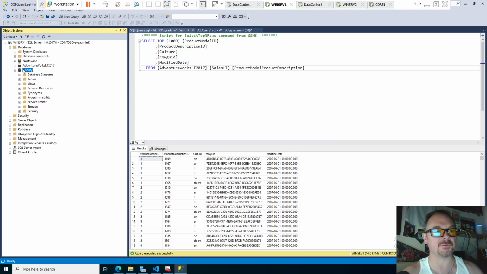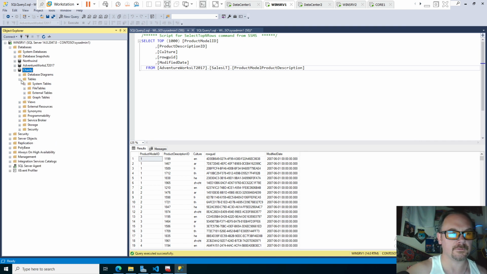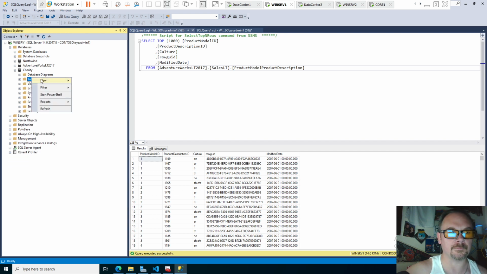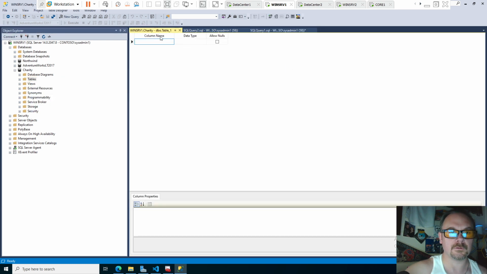The only issue with this is we don't have any data, so we'll have to figure out a way to import the data into the charity database. One way is, you can do it manually by going to table, new, and then you can specify